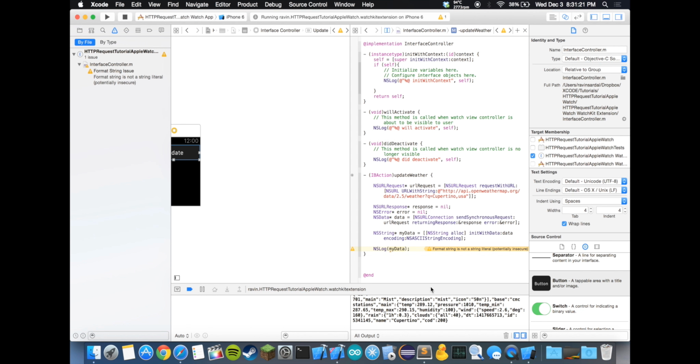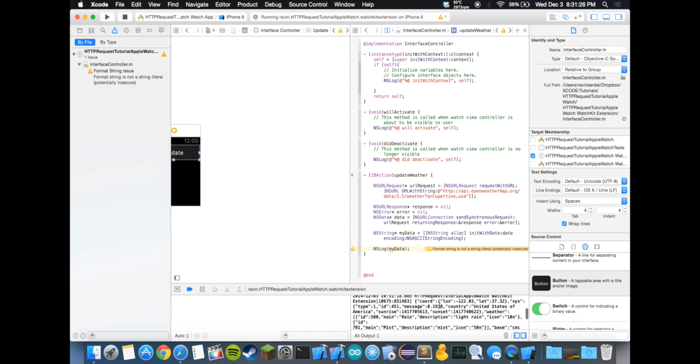When we hit update, it prints out all of the data that we got as a request from the server. So here it is, and what we're going to look for is we want to get this data over here. We want to get rain, or the main data over here,